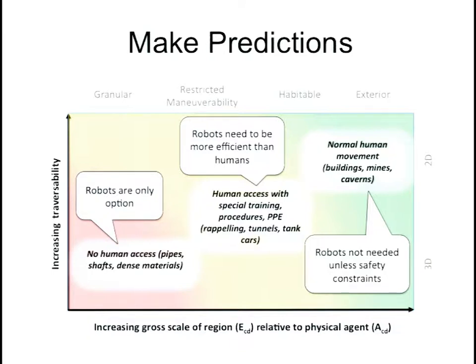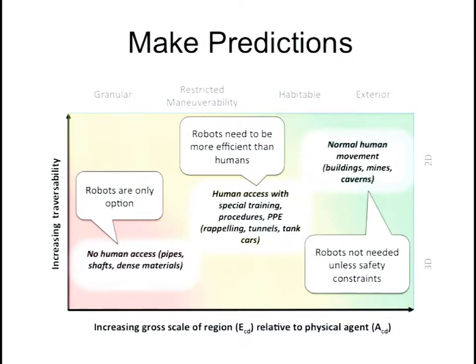So that's like buildings are still intact, but you've got a chemical spill, a radiological spill, or a mine spill. And so that means that robots have to, the challenge is to actually make them explosion-proof and radiation hardened. When you go to the yellow regime, you're using the robots, they have to be more efficient than a person, because a person could still do the job, and if the robot is very painful to use, is not as efficient, is not fast, is not autonomous, then they'll back off using it. And then at the red region, well, at the granular, people can't do that. So that is just a very exciting region here.